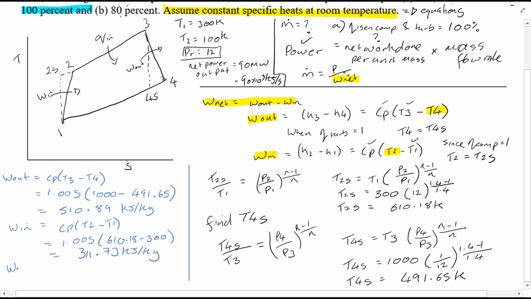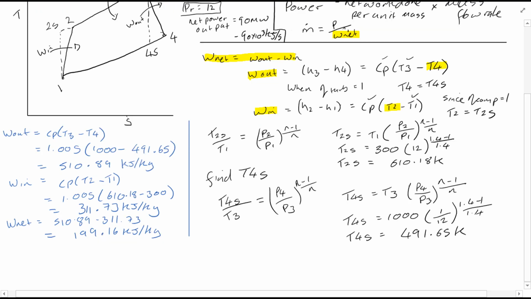So W net is therefore equal to 510.89 minus 311.73, which will give you a value of 199.16 kilojoules per kg. Then finally, using this equation here, which is the mass flow rate, which is equal to